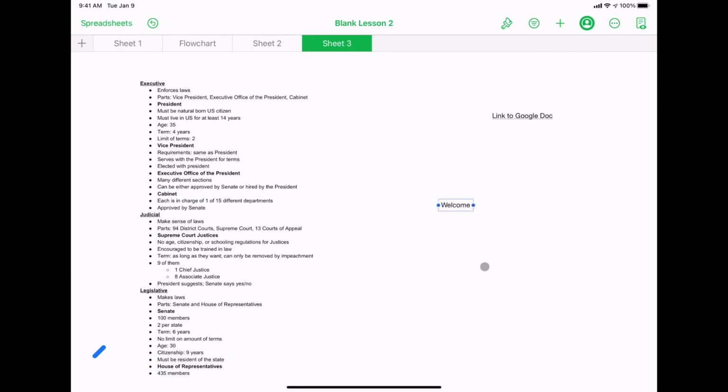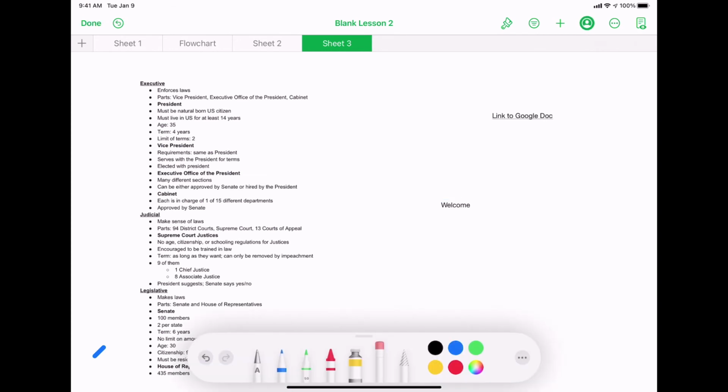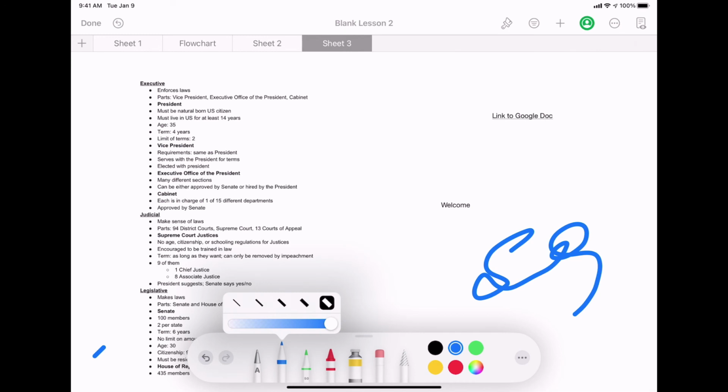Some people like the handwritten text. They don't want the type text instead. So when I open up my drawing tools, the second tool here is my writing tool. This is what I'm going to use to do some writing with. Now, if I tap on that tool again, I have the ability to adjust the opacity of that tool. And then I can also control the thickness. So by default, this is a little thick for me. I also like writing with black, but I could go ahead and simply control the size of that and go from there. I can use this to write on top of other